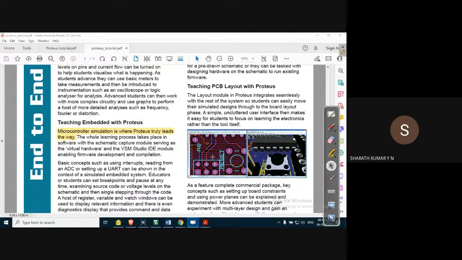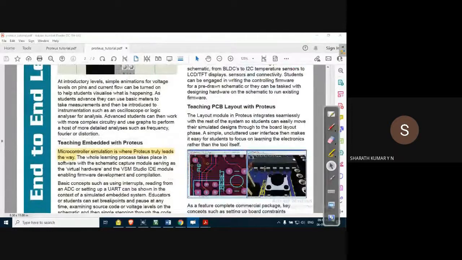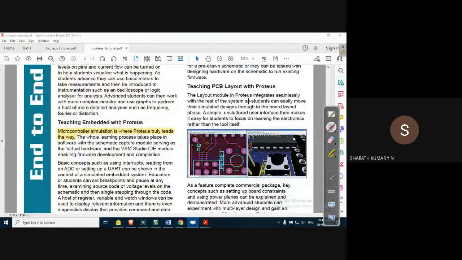Of course other things are there, like PCB design, which we are not doing right now anyway. PCB design, layout, formation, all this you can see in one example. Once PCB design is done, it can be converted into hardware where we make use of physical ICs, physical switches, physical components basically. All this is possible.